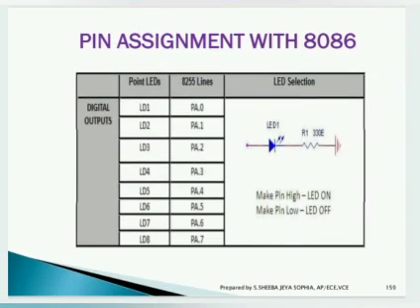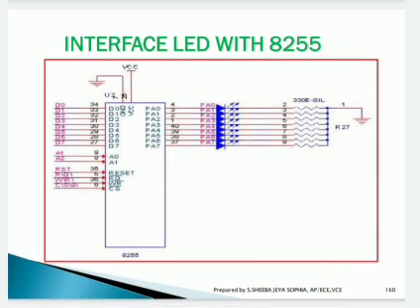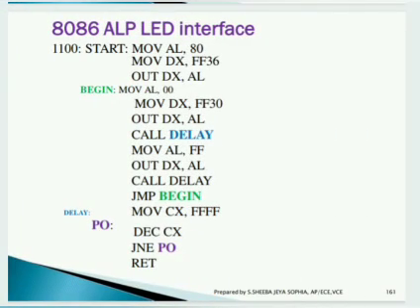The pin assignments corresponding to this LED interface are given here. For digital outputs, you can make the pin high for LED on and pin low for LED off conditions. So this is the interfacing diagram for that, and the corresponding program for LED display is a very easy program. First you initialize the pin and give the output, then you give the condition and the delay for which the LED has to blink, and after completion of the delay it again goes to the first condition and the LED is switched off. So this is the program for LED interface.